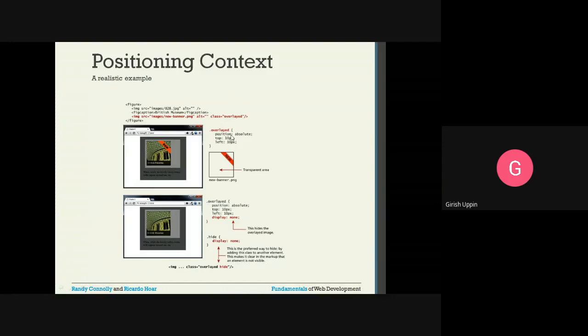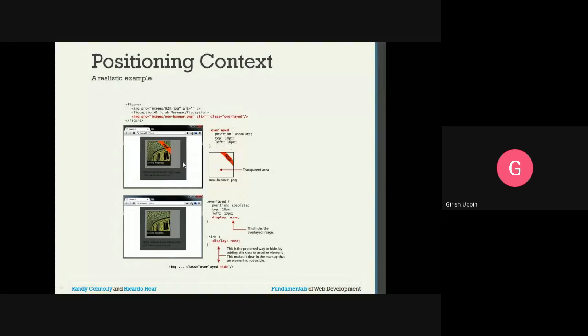Now this is the class selector dot overlaid. I am selecting position absolute. So from the left top corner of its ancestor container, it will position that particular element. This element will be positioned from top 10 pixel and from left 10 pixel. So this is how it will look.